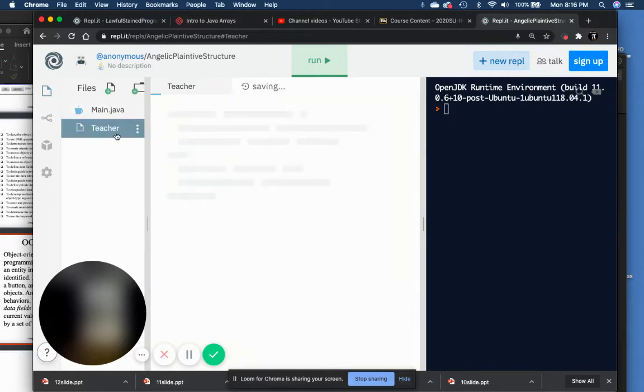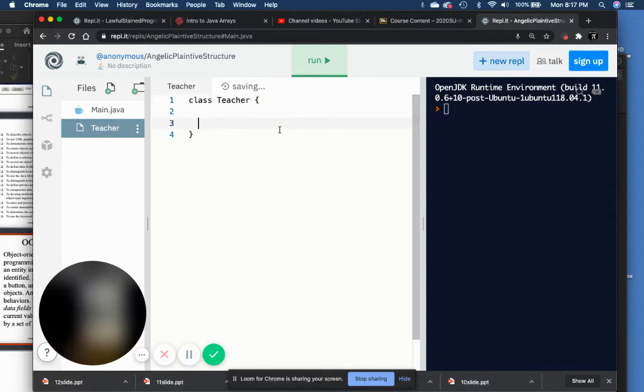So we have our main class, and then we have our teacher class. In our teacher class, when you start a class, you say class, and then you give it a name. So in this case, this class is called Teacher. And then we will put the general stuff that we want in the attributes and the methods here. So we will start with a string and call the designation of this variable